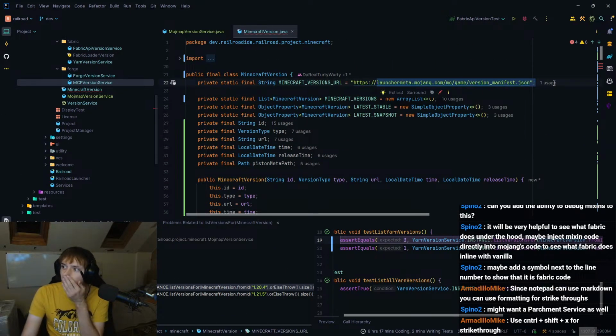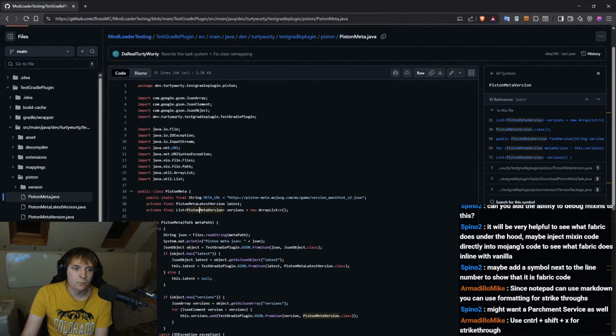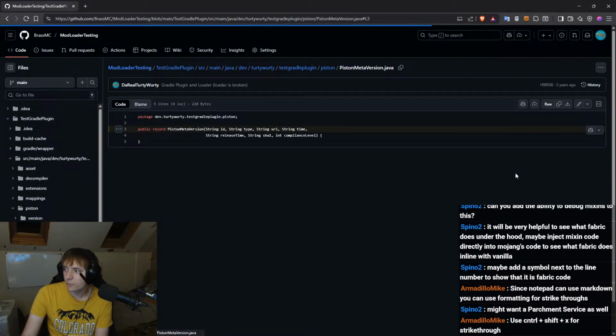Oh, I'm using the launcher meta here. I could be using the piston meta. 50-50, I guess. I think the launcher meta is fine though. But okay, so what we're looking for is piston meta version, which is this. Is this right?